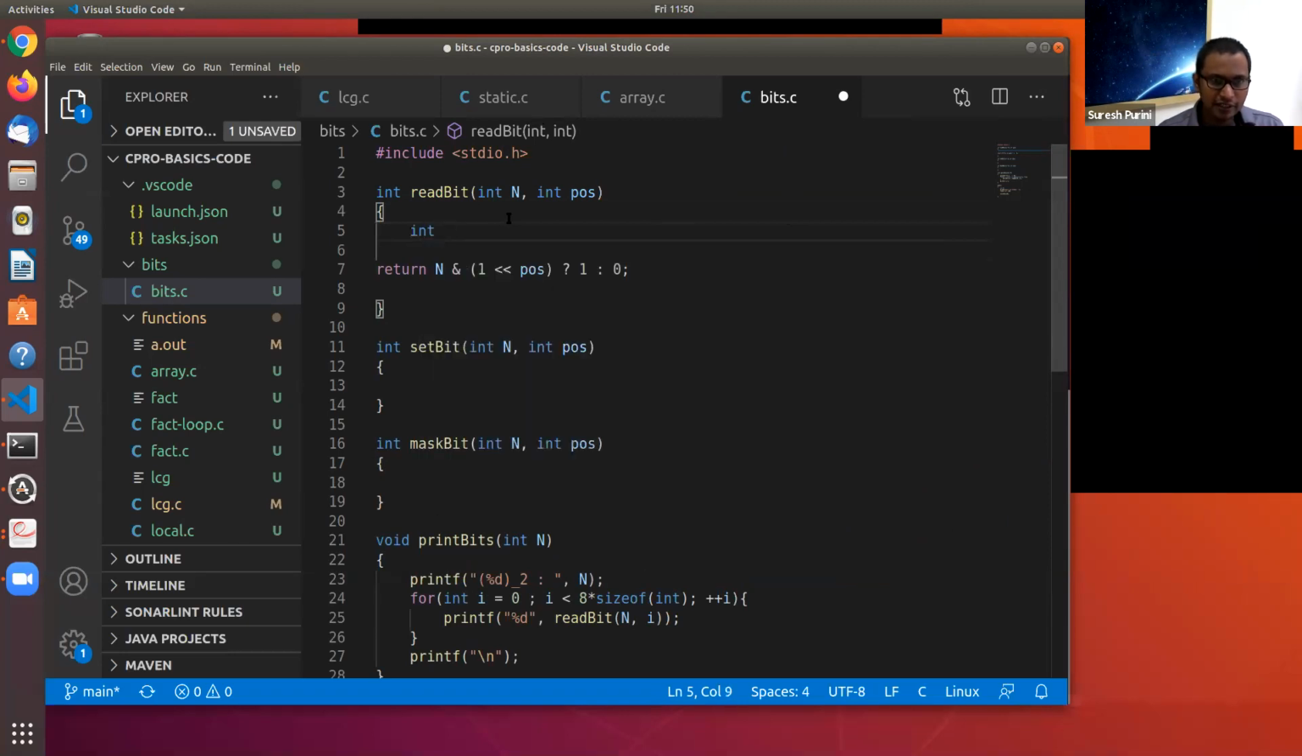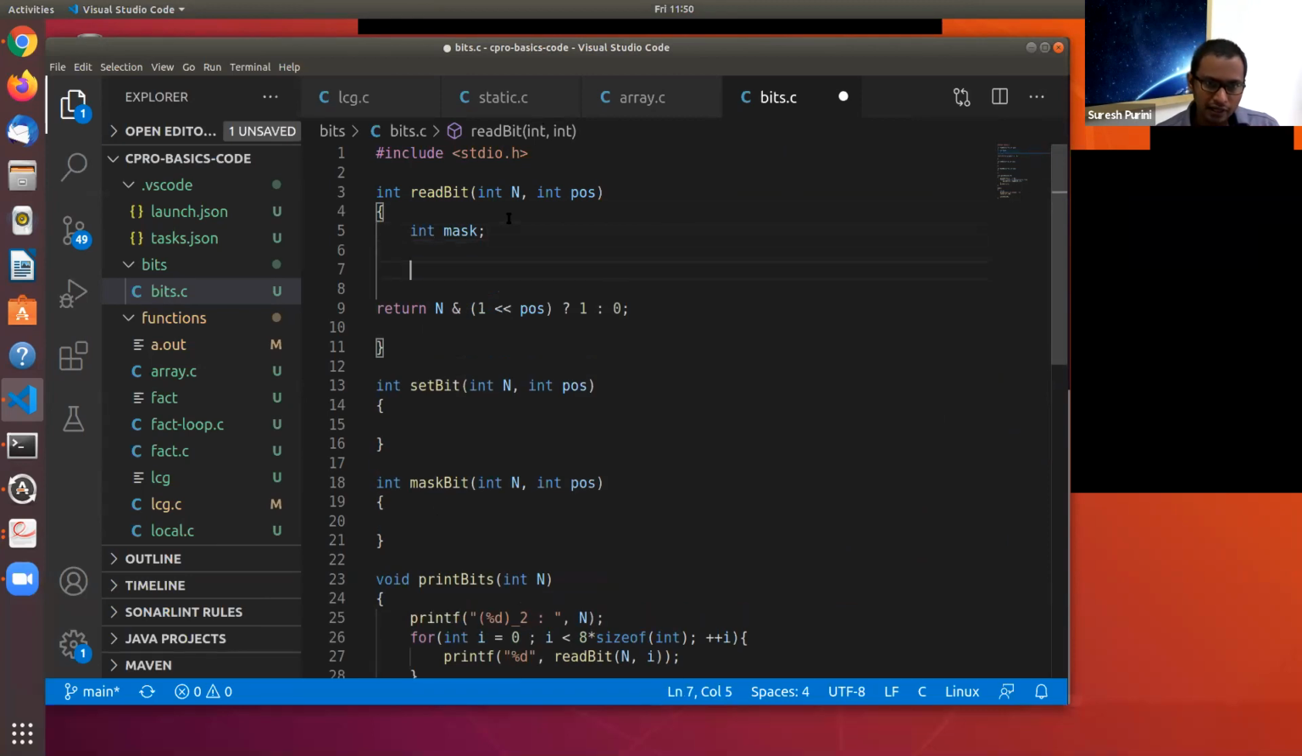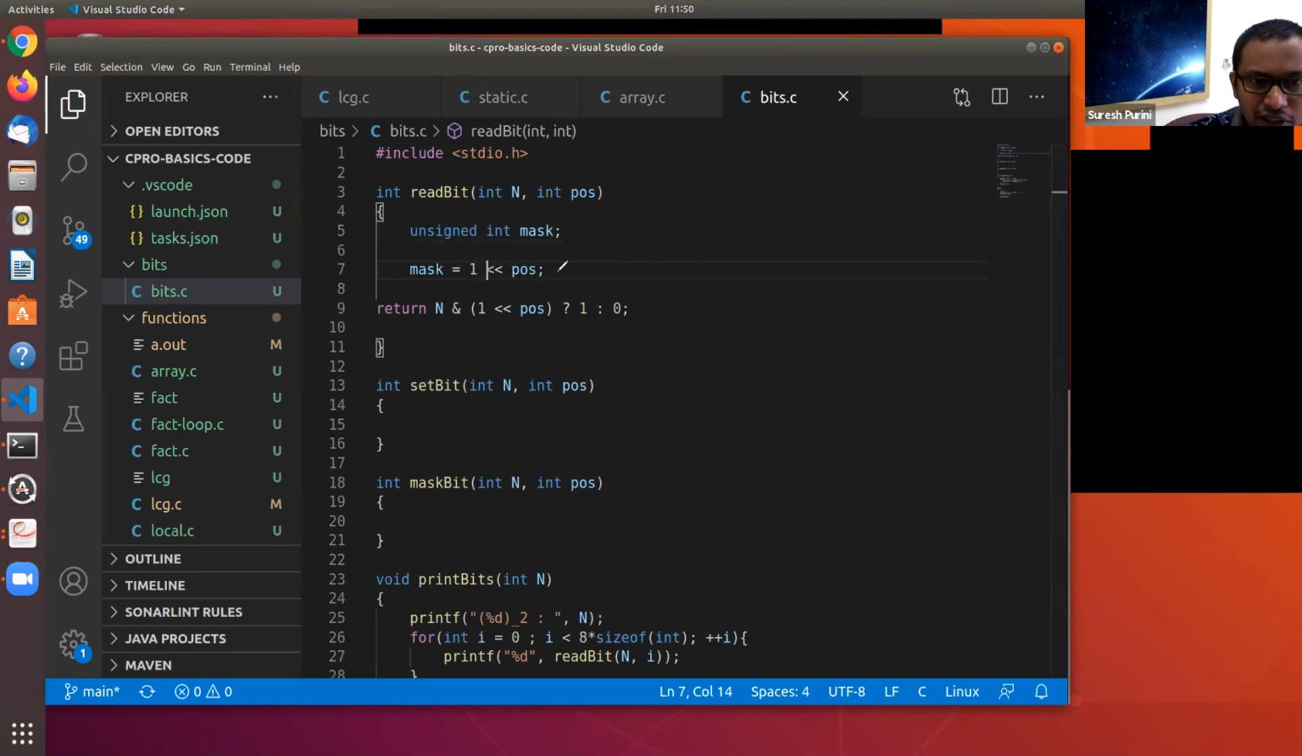So let me define something called mask. I have a variable called mask, and in the variable mask, I store one less than pause. And in order to make my life simple, I will just make it an unsigned int. Okay. So what is the value on line 7? If you see on line 7, what do you have here? When you take one and